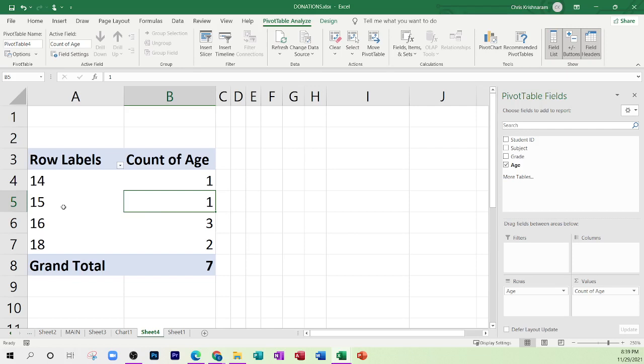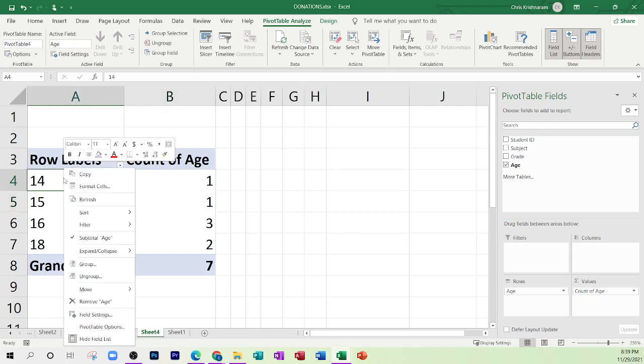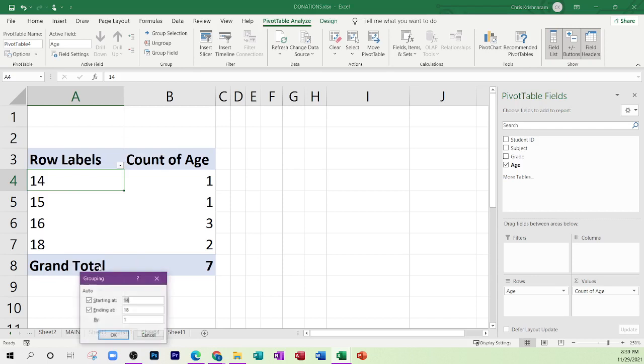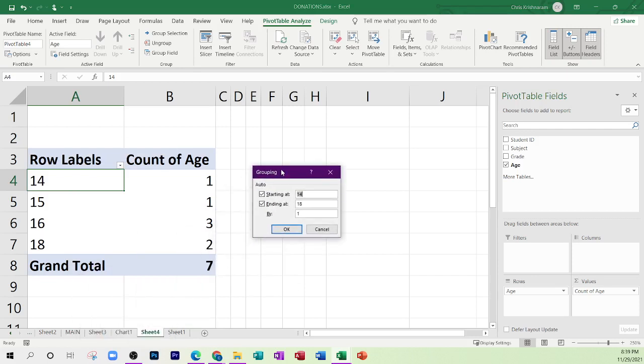Well, after you would have done that, you create that pivot table. You need to right click on the pivot table, and you're going to go to this group option here. So group, and in this group option, we can see what is the frequency we want it to be grouped by. So this 2 option at the top here, I can see what is my starting point and what's the